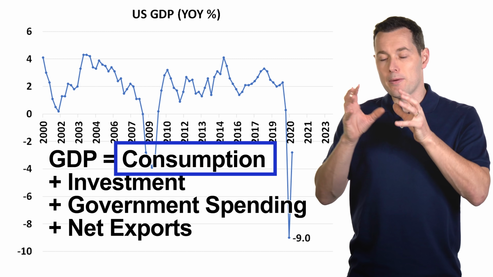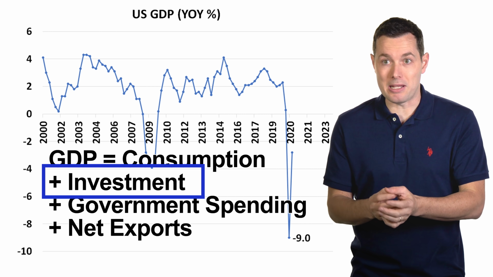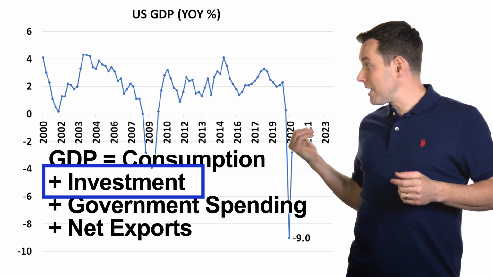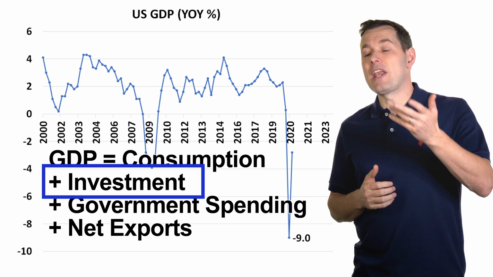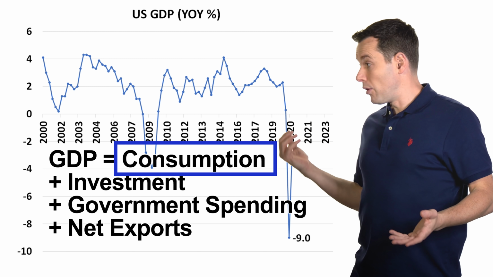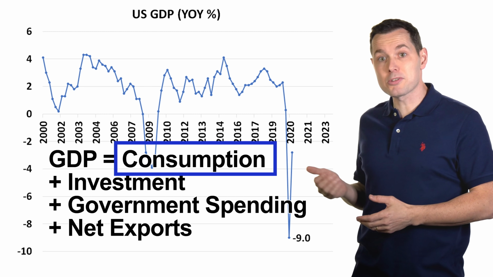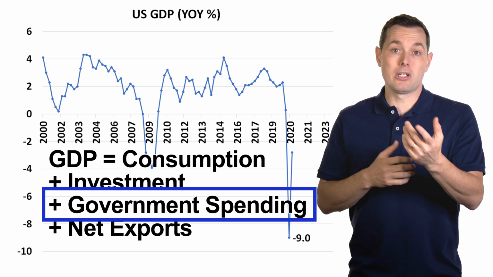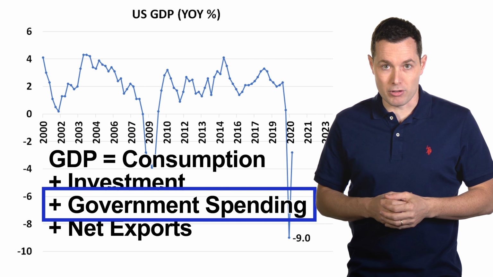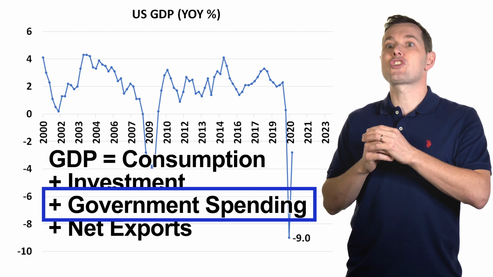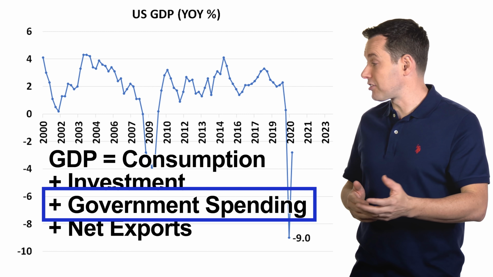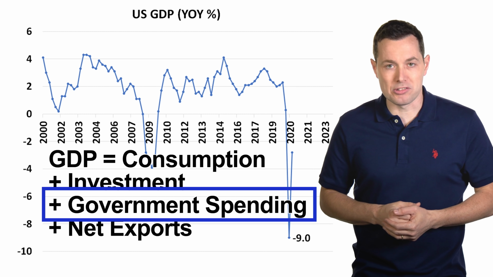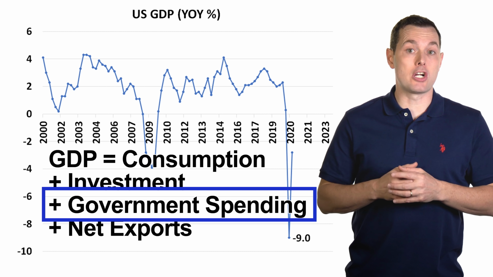So in theory, the business goes out and makes investments. Maybe they have to buy new machines to repair the bridge, whatever it is. So they increase the investment side of this. They then hire and pay their people. Those people spend more money. That increases consumer spending. The government spending goes up. So a single action, especially by the government, can really have a ripple effect on the overall economy. But that's true of pretty much every kind of spending. If a business goes out and spends, their investments go up, and consumer spending, in theory, should also go up. So we can see how this would affect the economy as a whole.